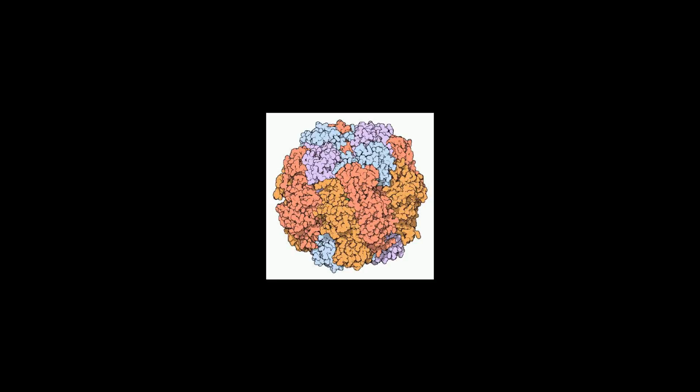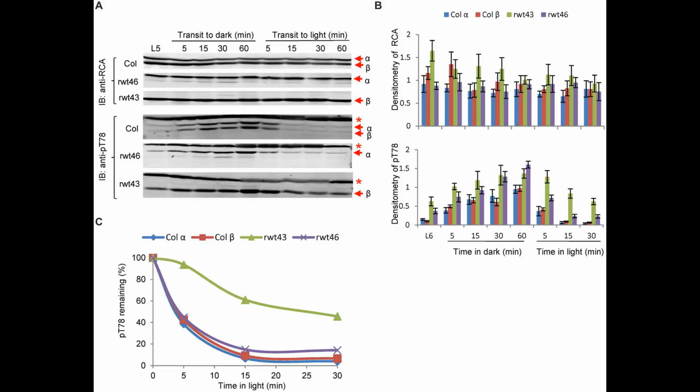In the light, RuBisCO activase promotes the release of the inhibitory, or, in some views, storage RuBP from the catalytic sites. Activase is also required in some plants, e.g., tobacco and many beans, because, in darkness, RuBisCO is inhibited, or